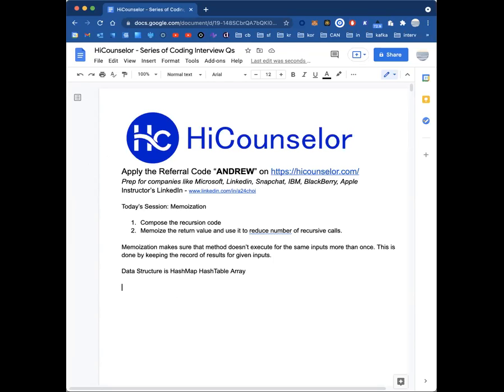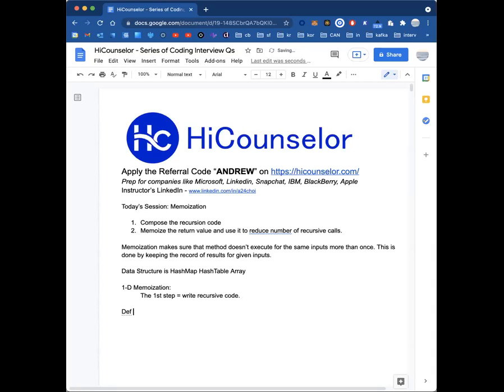There's 1D memoization. And in 1D memoization, the first step is to write the recursive code. So for example,